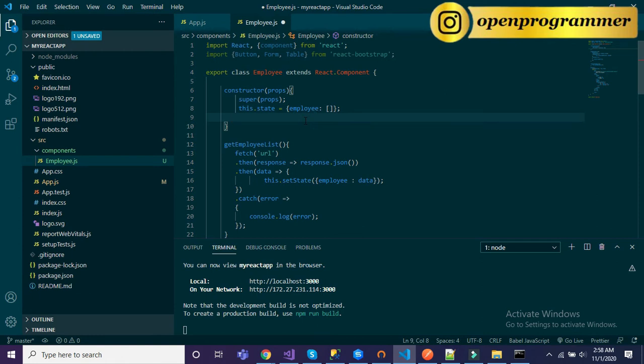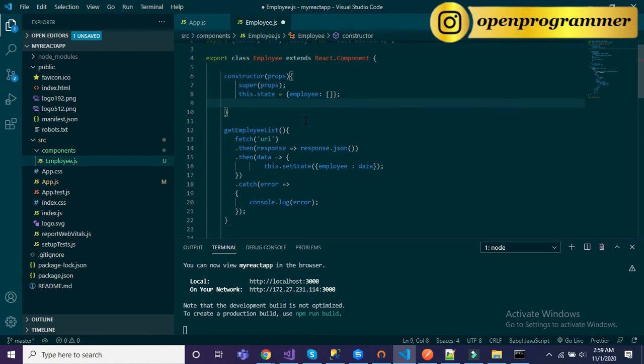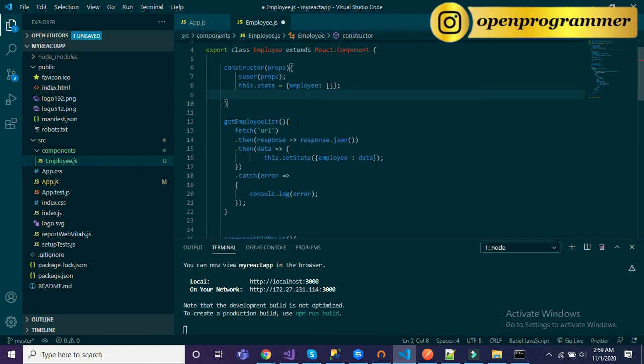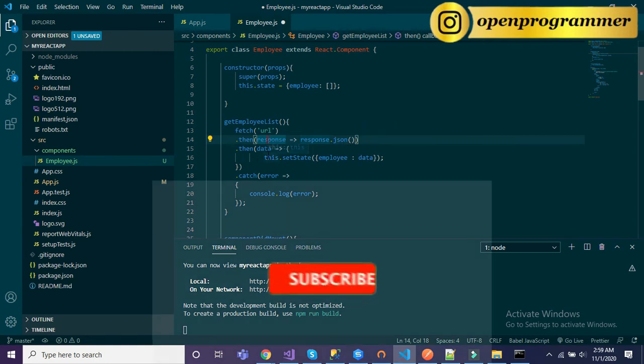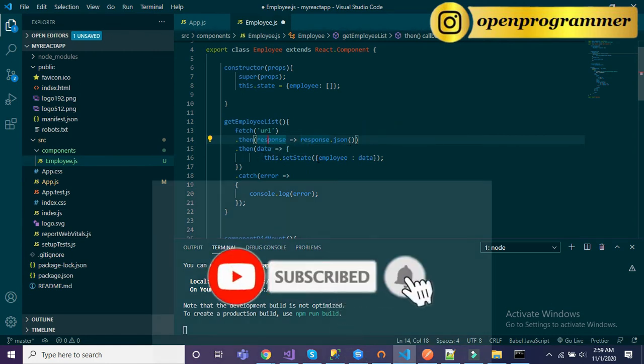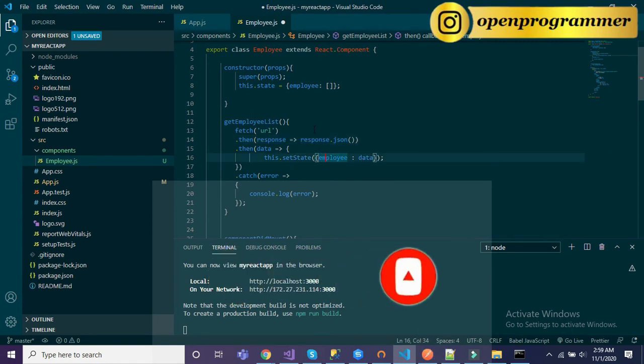After that, I have created a getEmployeeList method. Here we are using fetch. We will give our Web API project URL here. It will hit the URL, get the response, and then whatever response we are getting, we convert that response into JSON, and then we pass that JSON to our employee object. So we are resetting our employee state.